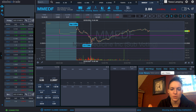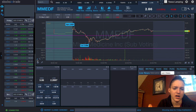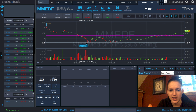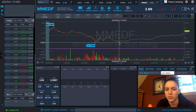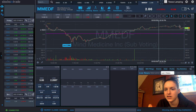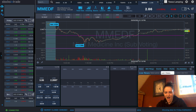I thought these were bigger candles for a better panic, and then I let the challenge chat know that this was a panic. When I scrolled in and looked at it, it had already turned green and bounced, so I missed my dip buy opportunity there. But I could have done the higher low right there, or I could have done it when it double bottomed right here, because it ended up gradually going all the way back up to $3. That would have been a nice gain, but